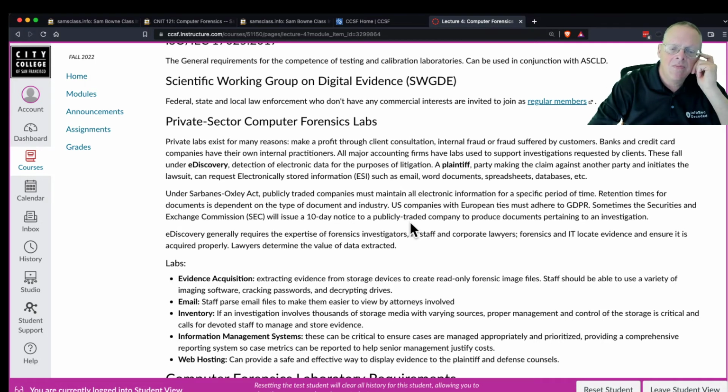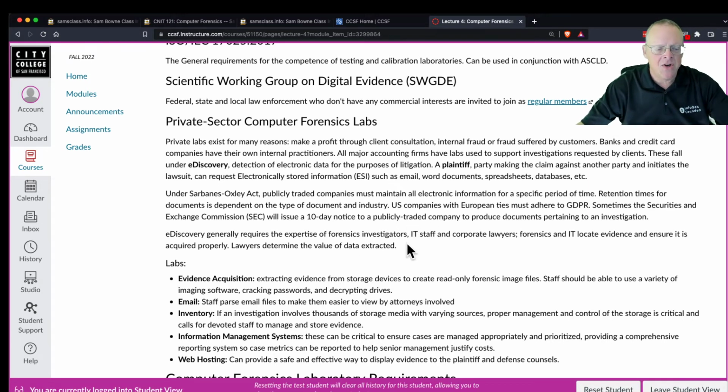If you do business in Europe, you now have to obey the General Data Protection Regulation, which has another bunch of requirements of how you handle personal data. And the Securities and Exchange Commission can also demand documents from you to examine how you're handling your financial affairs at a company. If you're publicly traded, which means if you sell stock, then they investigate issues of insider trading and issues of improper financial disclosure, where you are lying about your company,